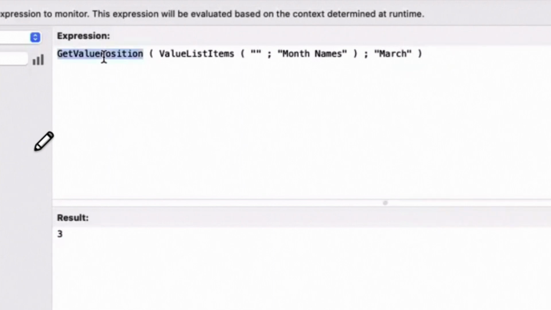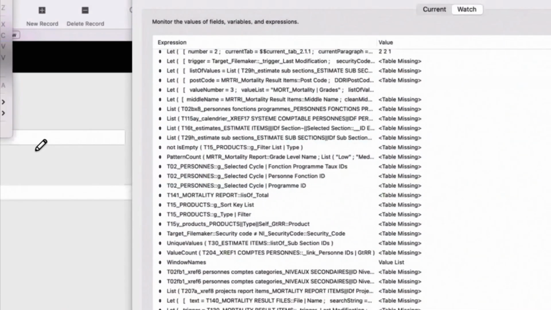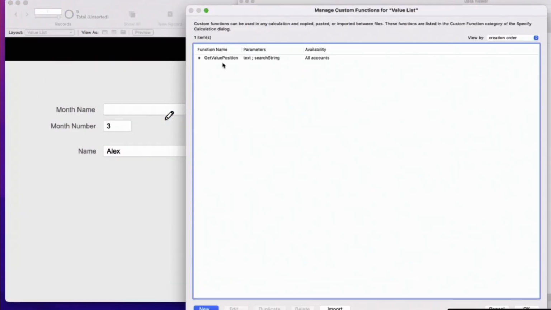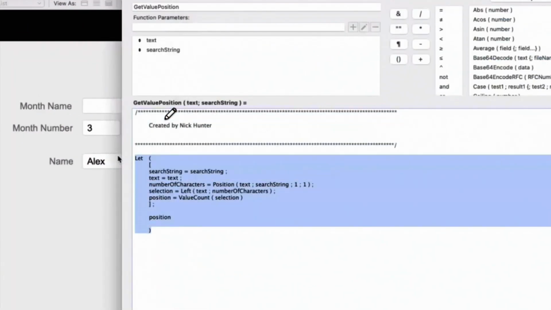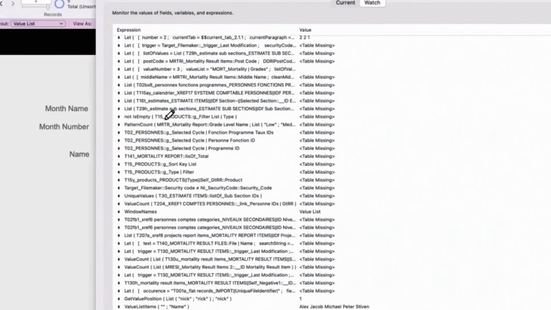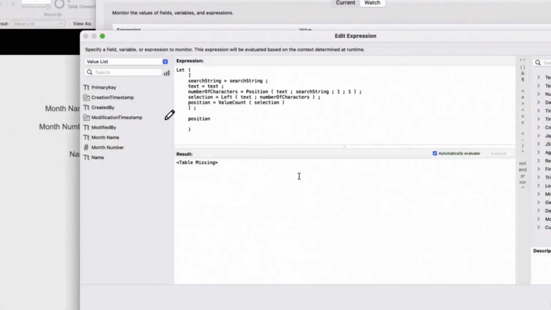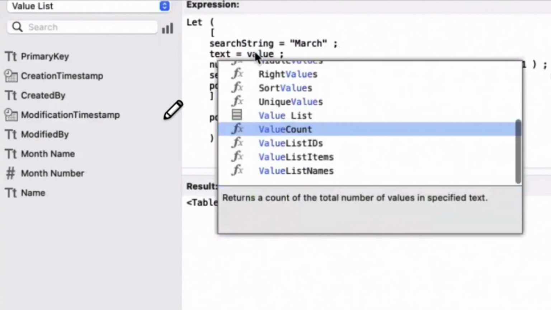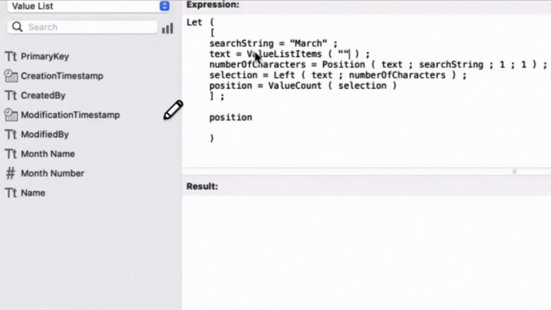Because I have the custom function, but let's say I don't. I'm not going to expand the custom function now, I'm going to expand tomorrow, because otherwise tomorrow I have nothing to say. So the search string is March, and the text is the value list items of the current file, month names.